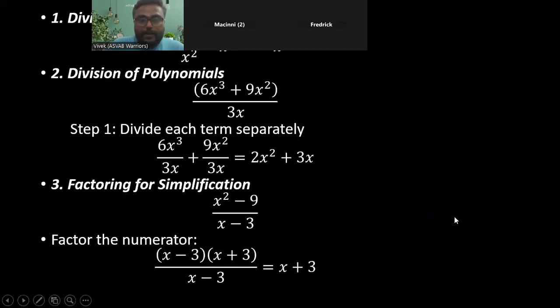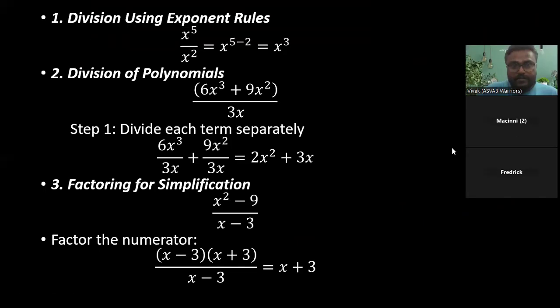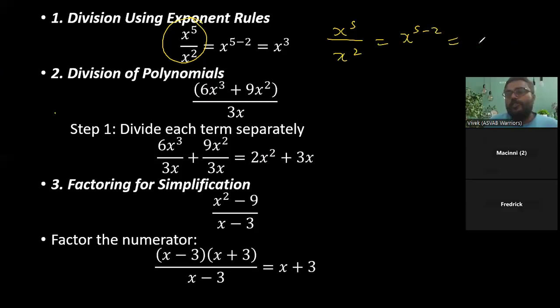Now, let us try understanding these few questions over here. After that, I'll be giving you some questions to solve. Now, exponents rule. You can use the exponent rule directly. x to the power 5 divided by x to the power 2 is nothing but x to the power 5 minus 2, which is x to the power 3. Now, this you guys need to do whenever it is possible to use the exponent rule. Using the exponent rule is basically the simplest possible strategy that you can apply for solving the